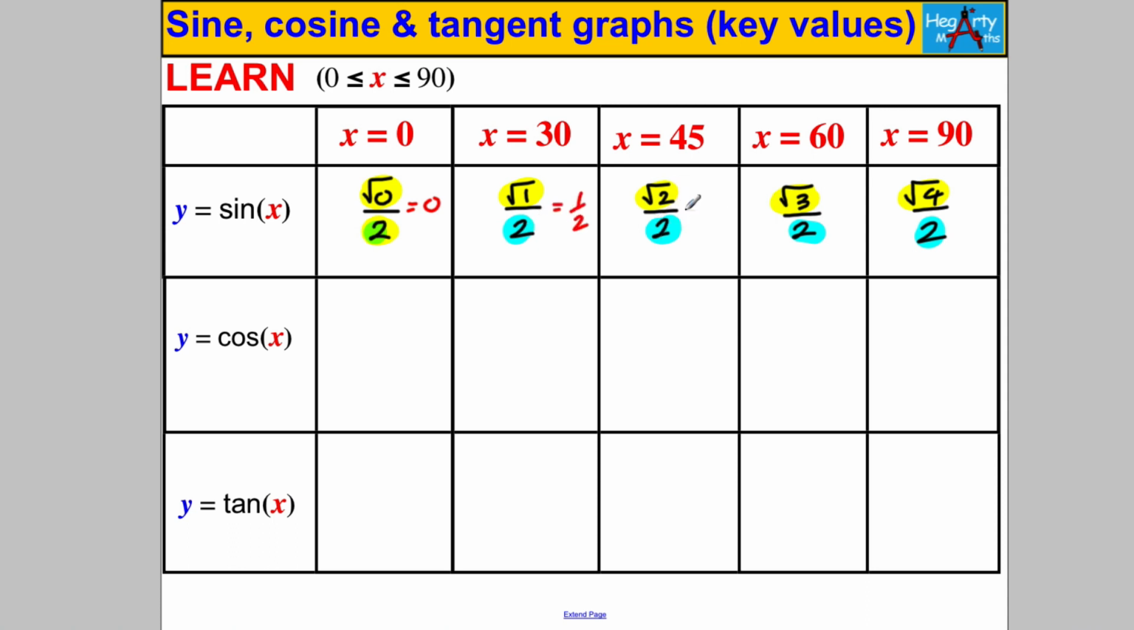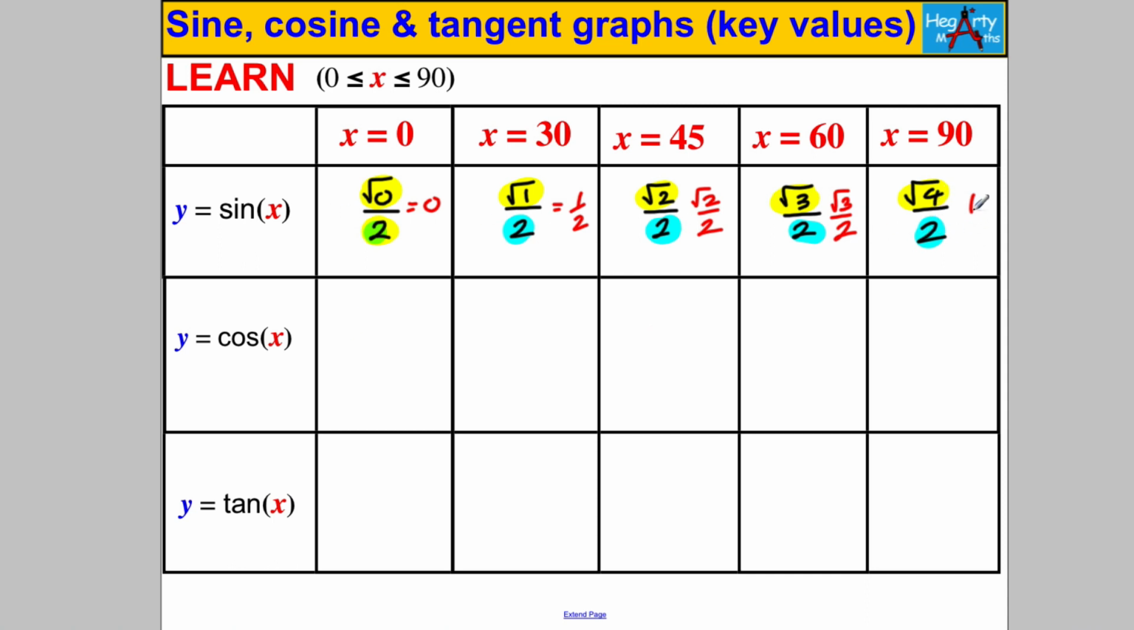Now root 2 over 2 is a genuine surd, you can't change that, so leave it as root 2 over 2. Root 3 over 2, you can't change that, it's a genuine surd. But root 4 over 2, well, root 4 is 2, and 2 over 2 is 1. Okay? Now the great news about this is the cosine graph, the values are exactly like the sine values, but